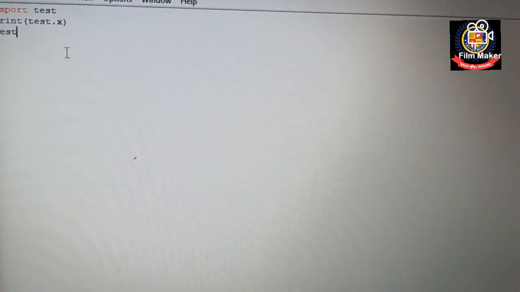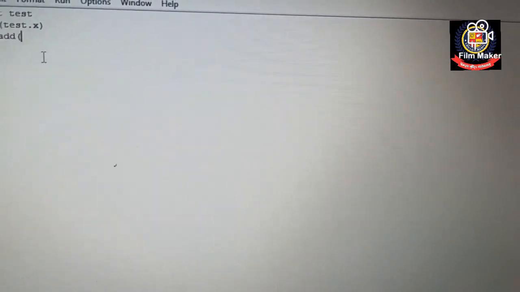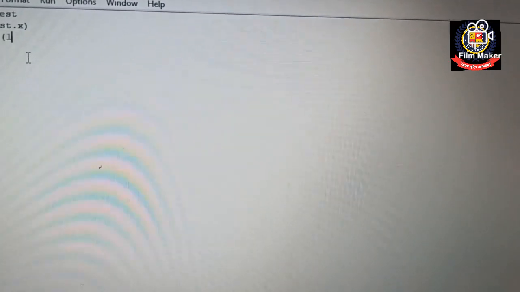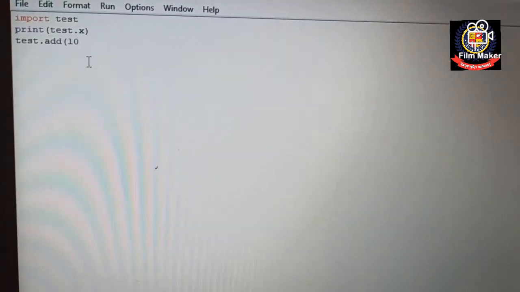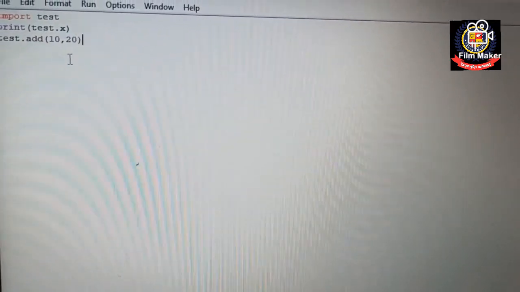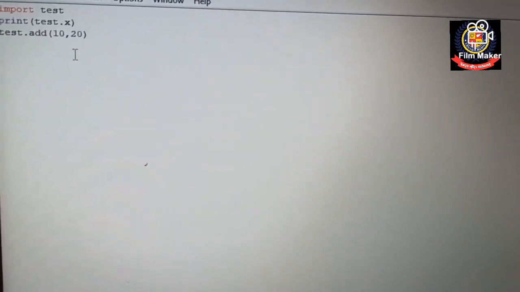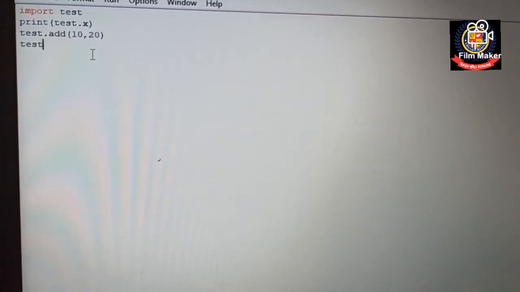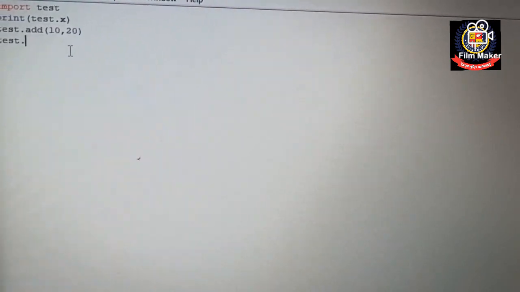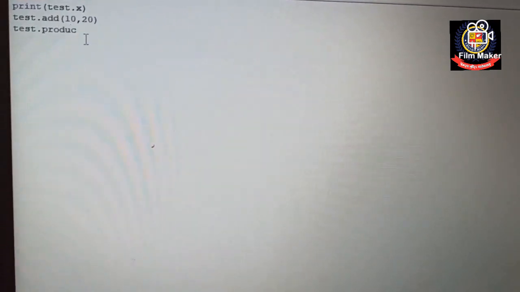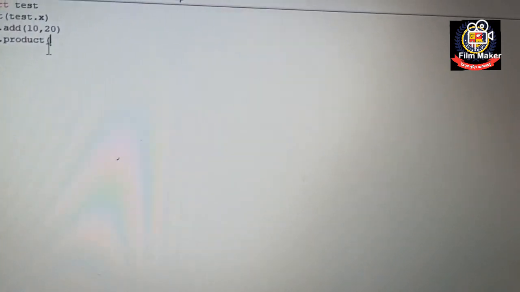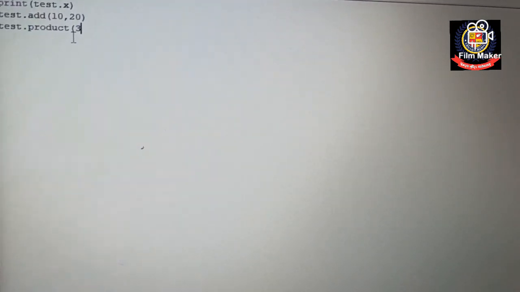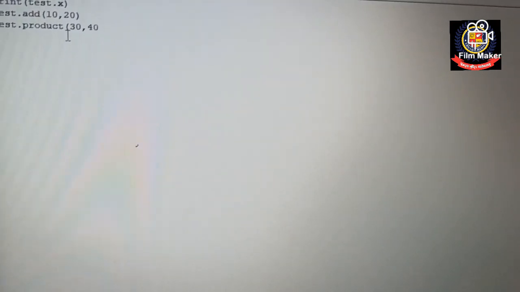Now for the function, test dot add, and then I pass the values, that is 10 comma 20. Then for product I'm passing the values, test dot product, the name of the function, and then the values 30 comma 40.